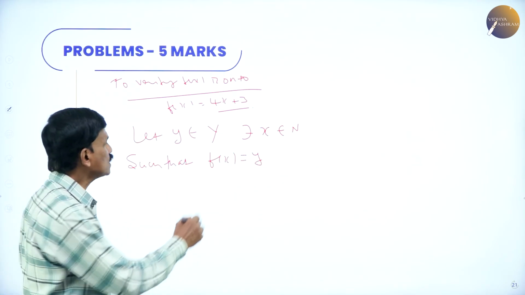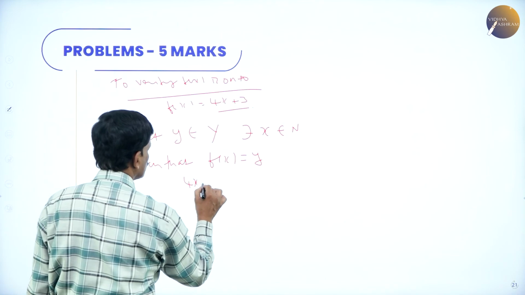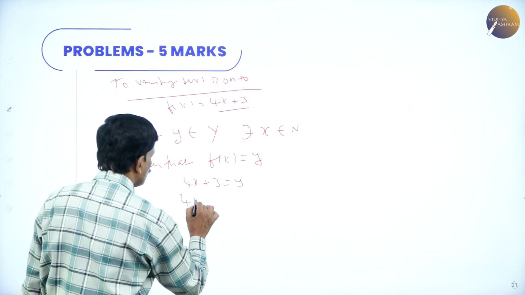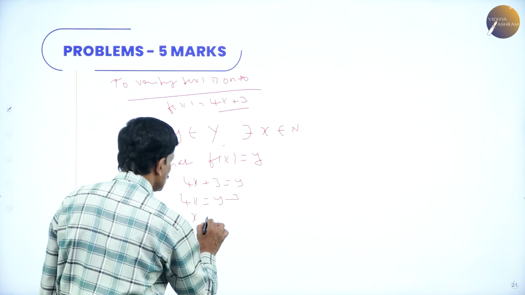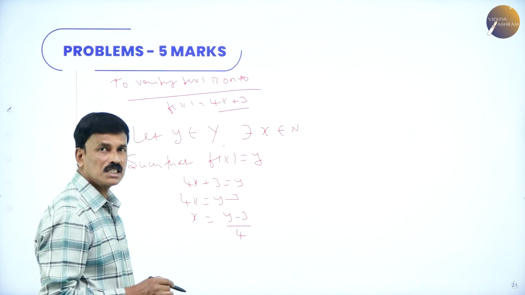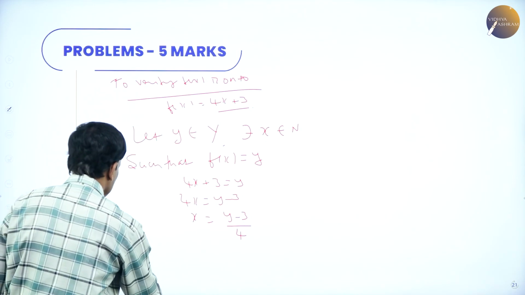What is f of x? F of x is nothing but 4x plus 3. 4x plus 3 is equal to y. Get the value of x. 4x is equal to y minus 3. X is equal to y minus 3 divided by 4. Y minus 3 by 4, such that